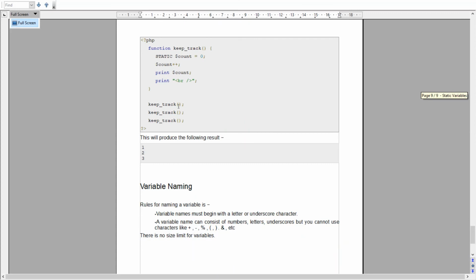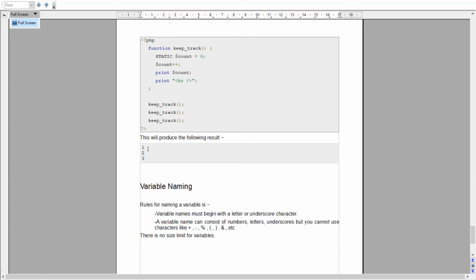Now we are calling this function for the first time, and it will display the value 1. Initially its value is equal to 0. Now we increment its value by 1, so the value becomes 1, and it displays 1. Now again we are calling this function.